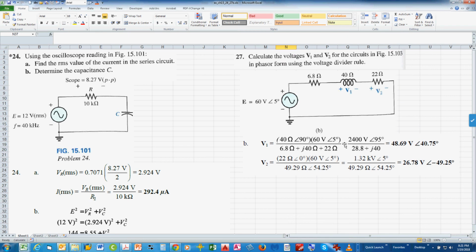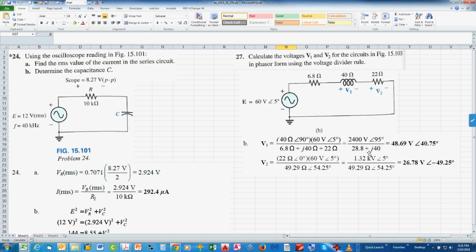And then you take the total impedance, which is 6.8 plus J40 plus 22, because that's another resistor. Combine the 6.8 and the 22 to 28.8 J40, and then you multiply these two to get a 2400 volt. Add these two to get 95